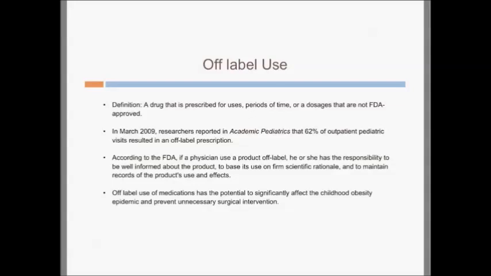Off-label use. So this is sort of where we're at. If I can give you a couple of pearls, there's two that I think are really crucial for weight loss success in a child. Number one is you have to have an engaged family that is willing to make the changes in all the family members. And number two is you have to be able to get control of that child's appetite, or it's like banging your head against the wall.